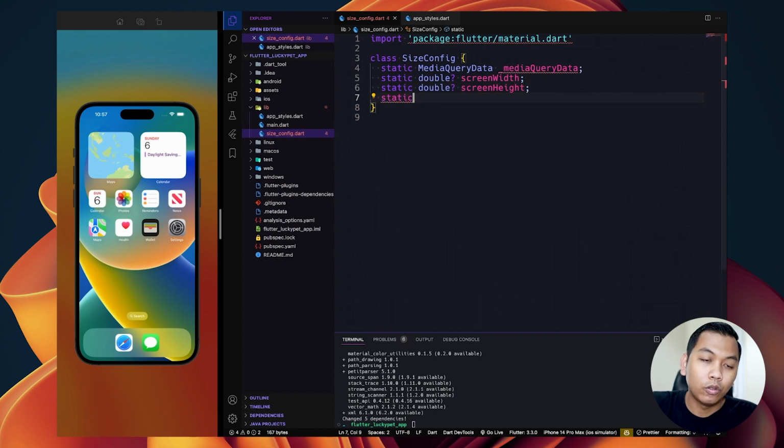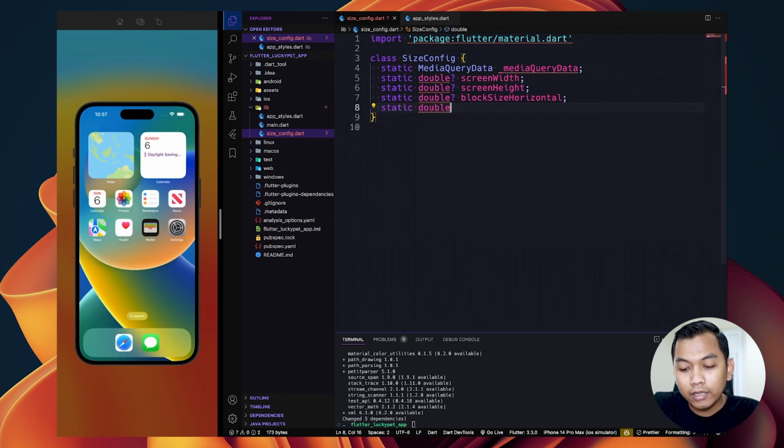And again, we name it blockSizeHorizontal. And the last but not least, blockSizeVertical.